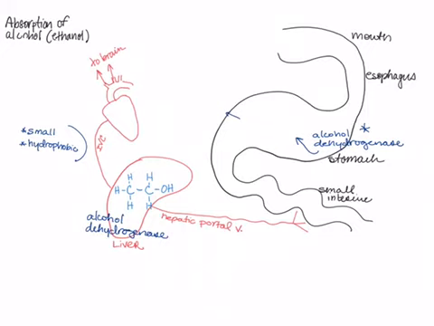And the hepatocytes of the liver will pick up these ethanol molecules and begin breaking them down via alcohol dehydrogenase. How much the liver can do that is going to depend upon how many ethanol molecules are arriving. And so we call this concept of how much ethanol our hepatocytes can break down the first pass effect. So, first pass effect,